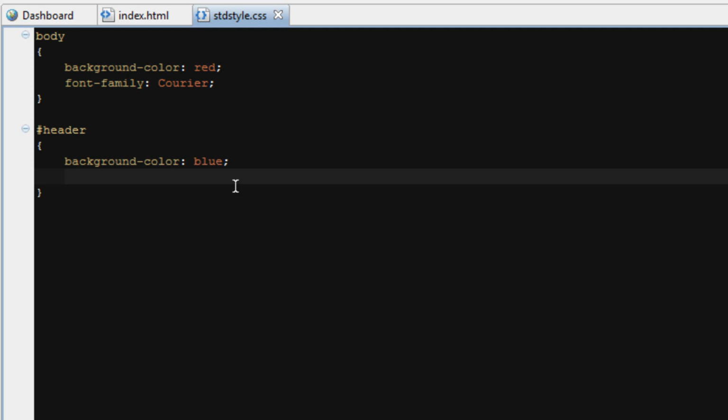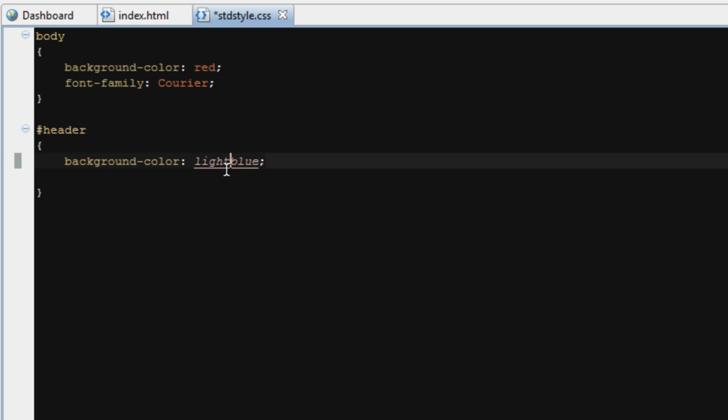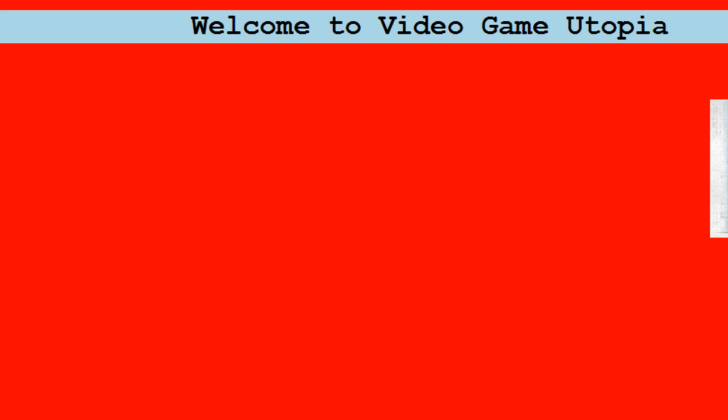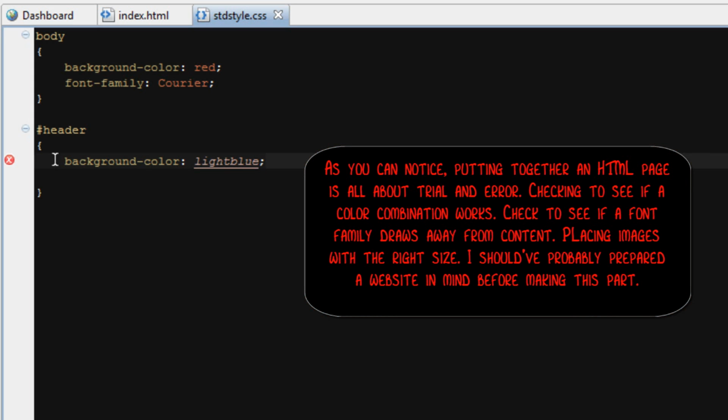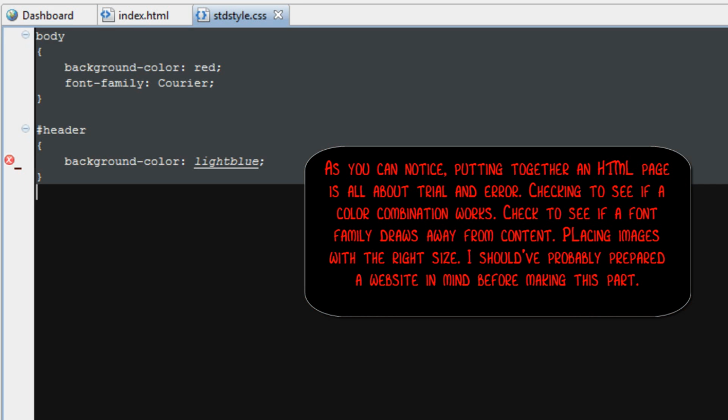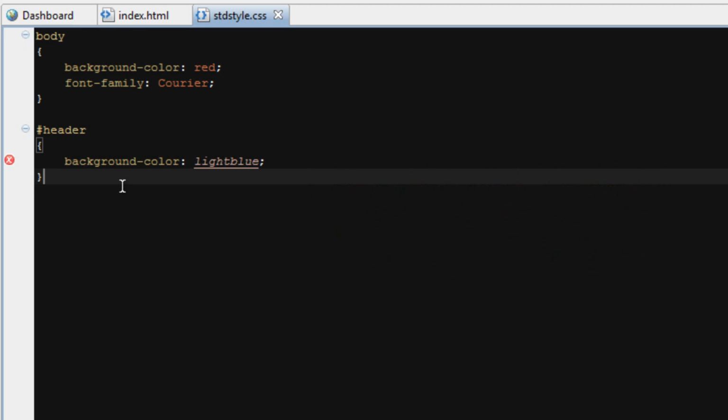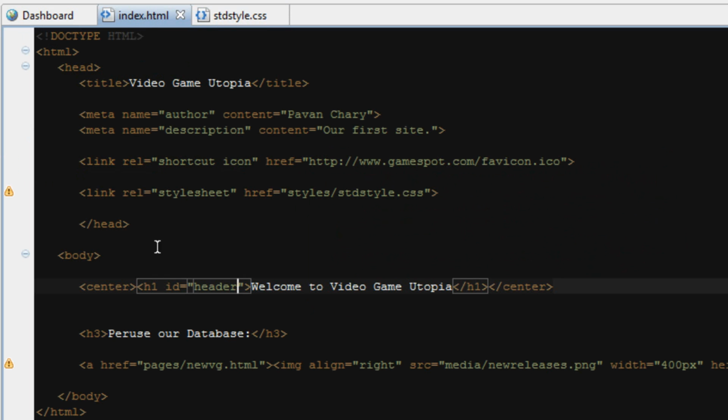Make it light blue, actually. Okay, that's another color. That works. There we go. If you don't want the header to be bold, never mind. What am I talking about? Headers have to be bold. Ignore what I said. And let's say with the header 3, there's only going to be one instance of header